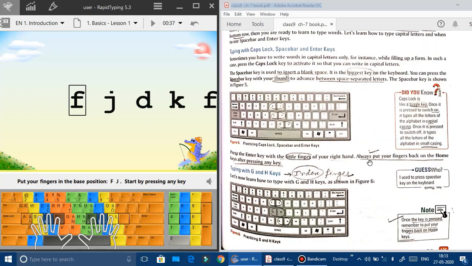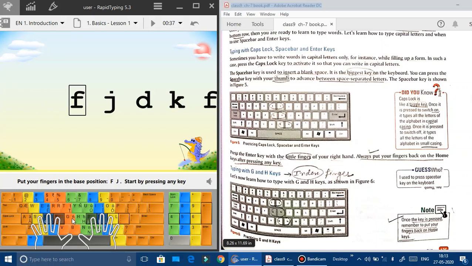In this particular chapter, initially you will be told which finger you need to use to press a particular key, like G and H. Where is G? G and H. These are your home keys. If you need to press H, you will use the right index finger, and if you need to press G, you will use the left index finger.